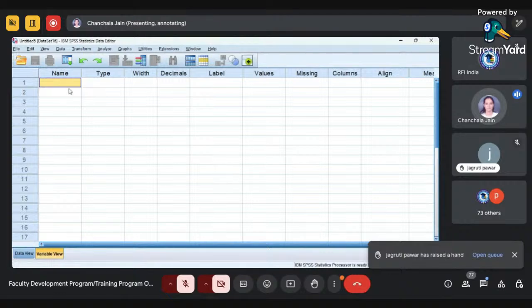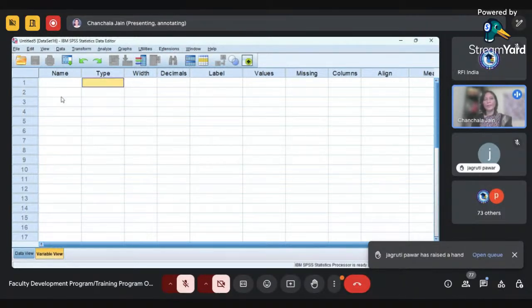Now I am doing the next mistake. I have written here dollar gender. Again I am pressing tab, and the error again says invalid variable name, right? Suppose I am typing ampersand and pressing enter. Variable name contains an illegal character, right? So you can see, if you start the name of your variable using these special characters, SPSS is not allowing you to do so, right?